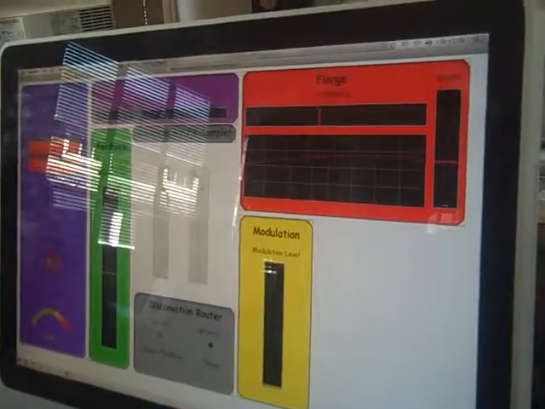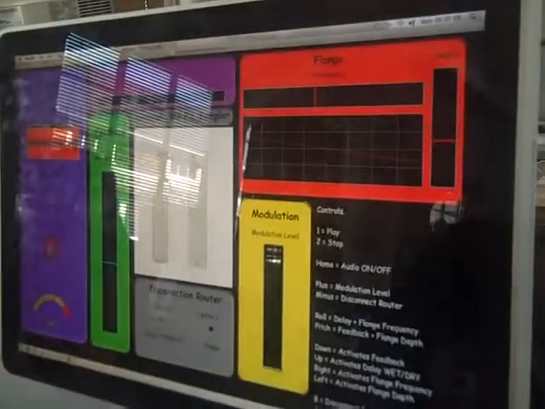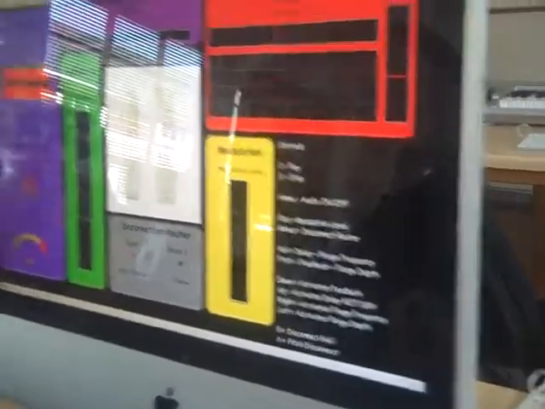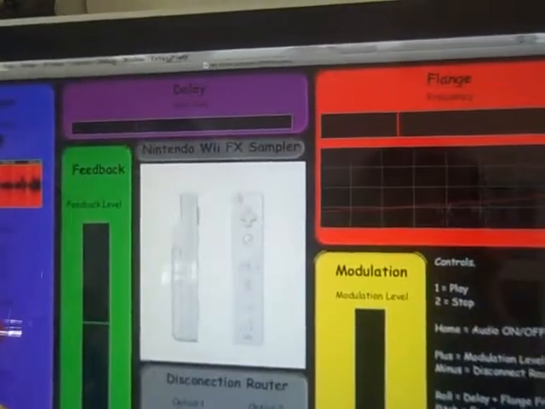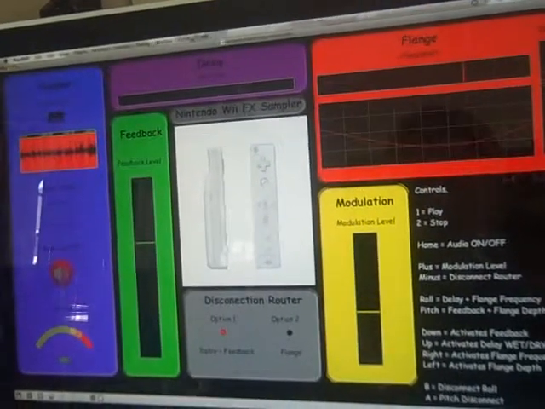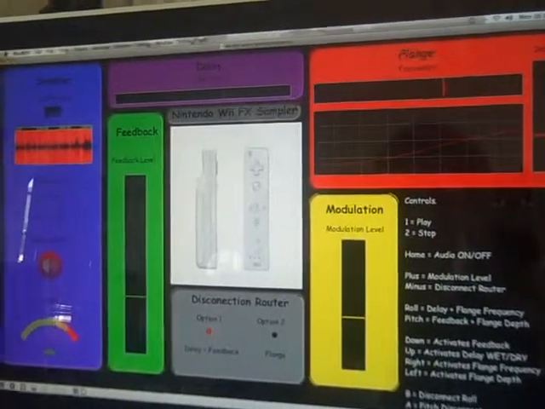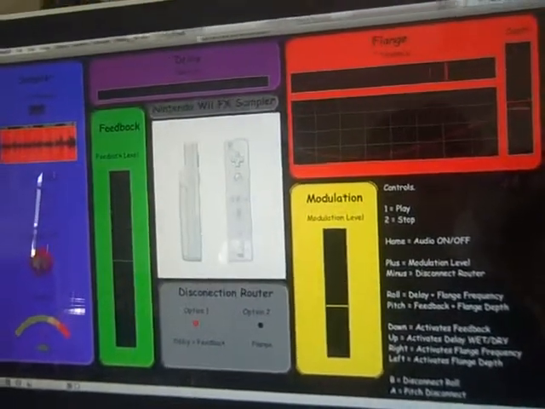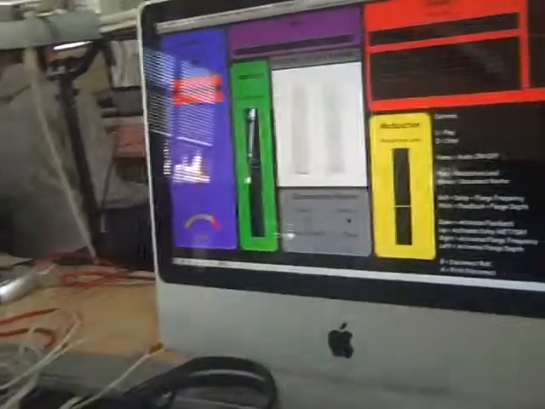Yeah, so it's not as flexible as I'd like, but you can still get some pretty good sounds out of it. The only problem is you can't reset anything, so you have to just sort of play around until you find something you like. It takes some getting used to. Most of the time it's a little bit messy, but it's quite